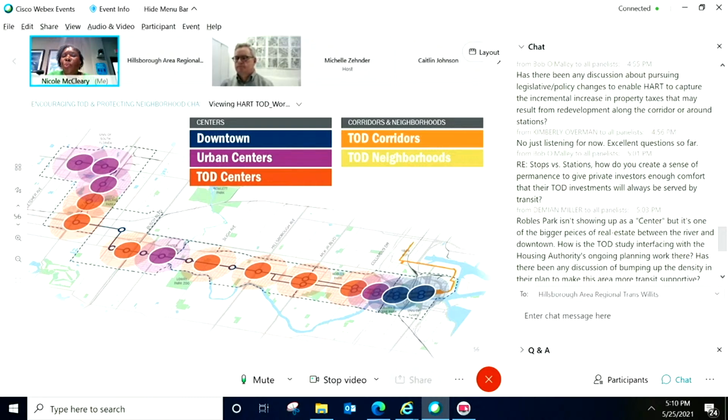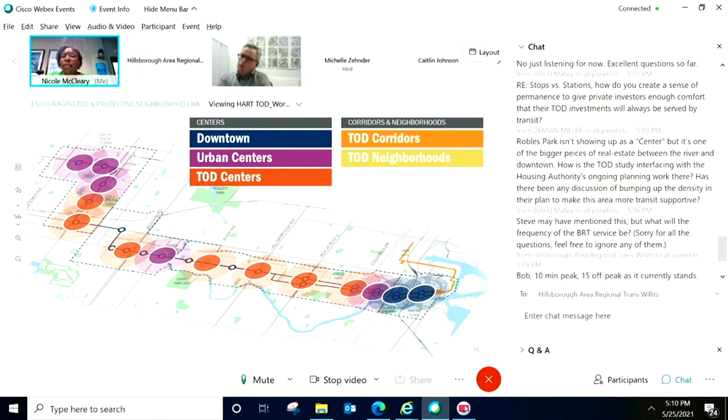Right now, specific to this project, we are not looking at the increase in property taxes and how that may or may not impact HART. We have not looked at changing legislative policies or anything like that with future increases in property taxes.